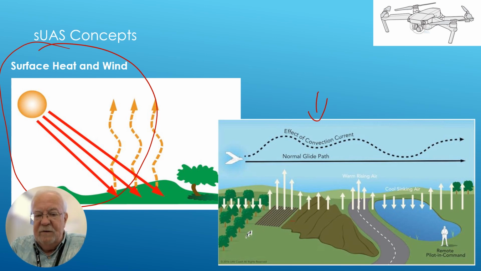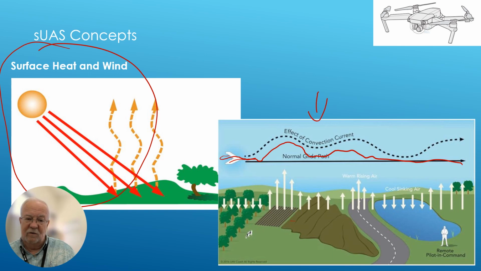Typically plowed fields, darker things, or pavement are going to absorb more solar energy, warmer. And yeah, you've walked barefoot on the pavement. Typically, it's hotter. Your feet got sort of hot. You step on the grass, it's cooler. Okay, you get the idea, right? But as that heats up the ground, it heats up the air above it, and the air rises. So if your drone's flying across the surface of the ground, it's going to have some rising air. It's going to go up a little bit. That's basically what turbulence is. That's part of what turbulence is. Part of what turbulence is the wind as it blows over objects and whatnot.